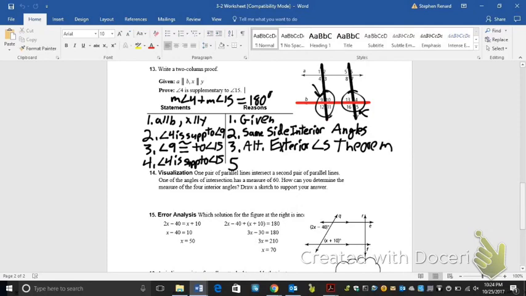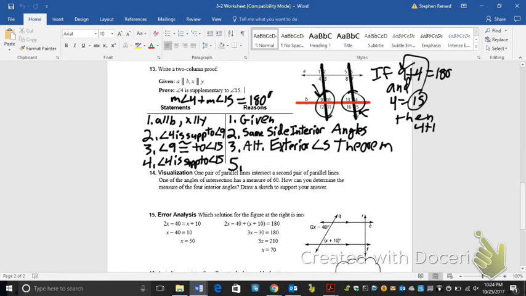And then finally we have 4 is supplementary to 15. And I don't know whether you guys went over this or not, so I'm just going to give it to you. If we know that 4 is supplementary to 9, and that 9 is congruent to 15, then we can switch out 9 and 15, and that is actually a version of what is called the congruent supplements theorem. Now the congruent supplements theorem actually says,